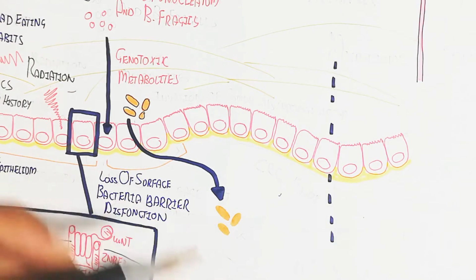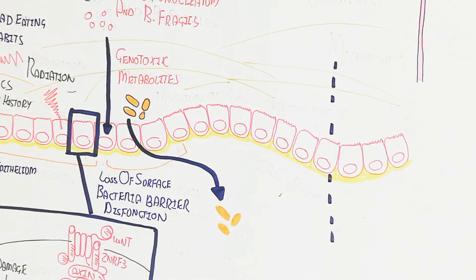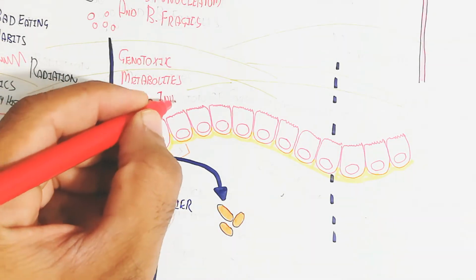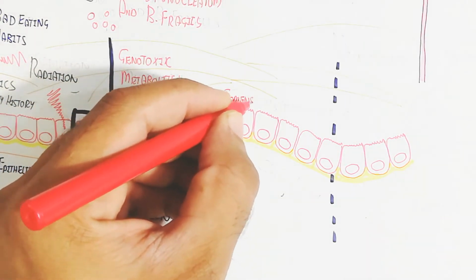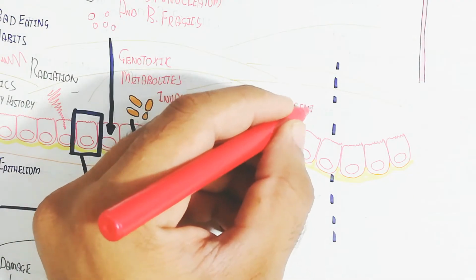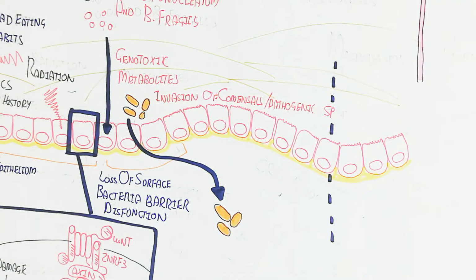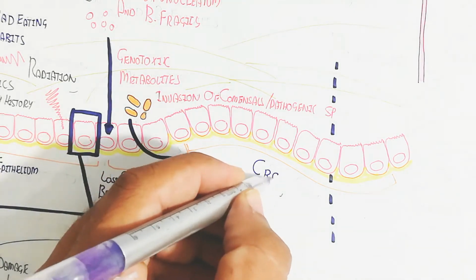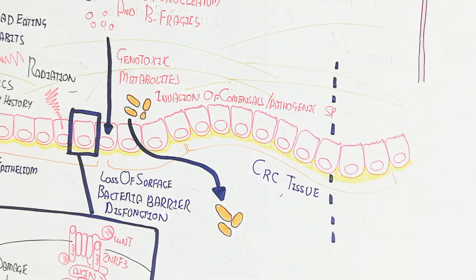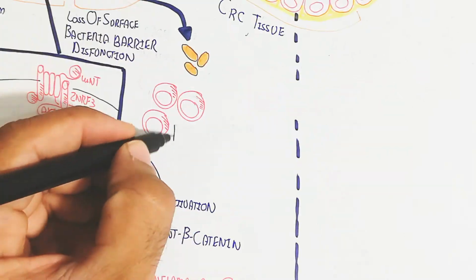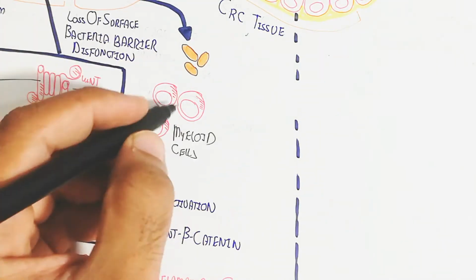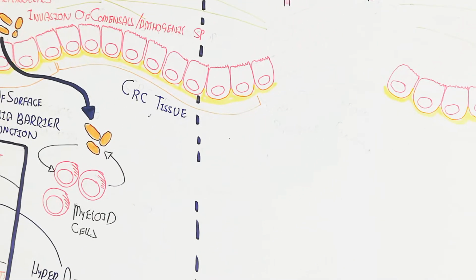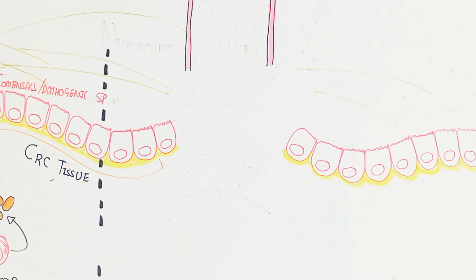permeability to bacteria. Bacteria enter from the lumen into the mucosa, passing through the mucosa, inside of the epithelium, not the mucosa, while the mucosal membrane is the upper layer. So the invasion of commensal bacteria and pathogenic species will occur. In this way, the myeloid cell, which will be triggered by this, will produce interleukin 6, 12A,